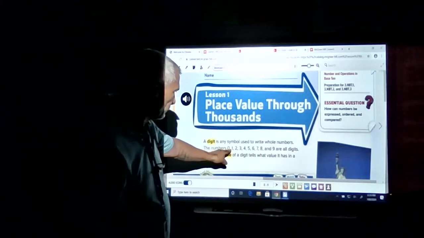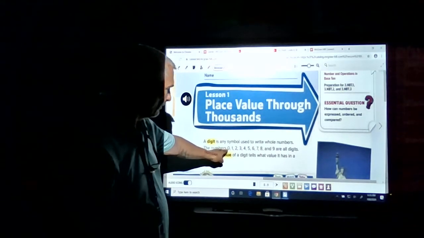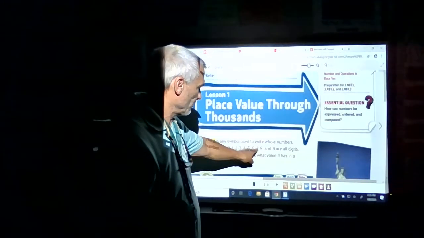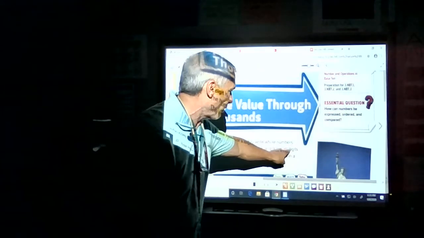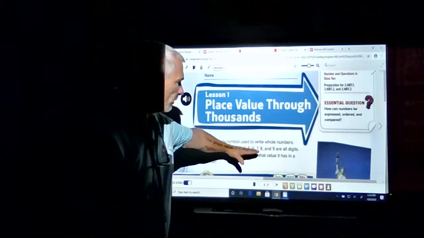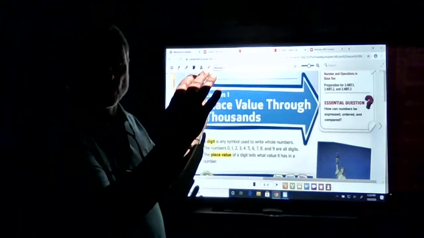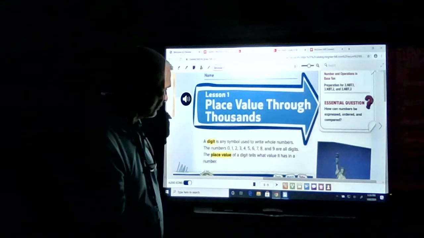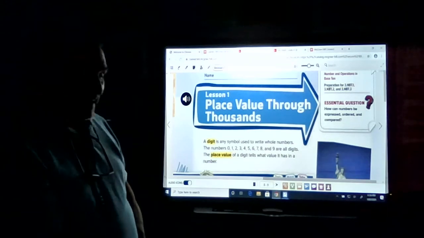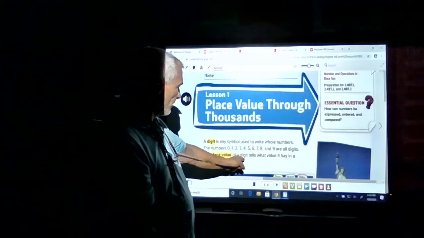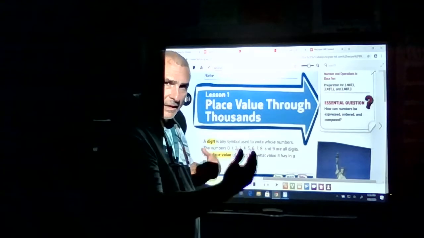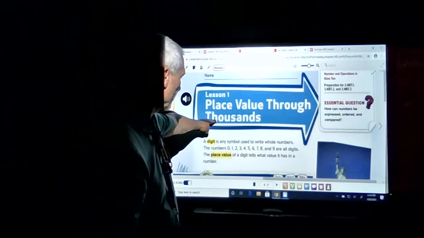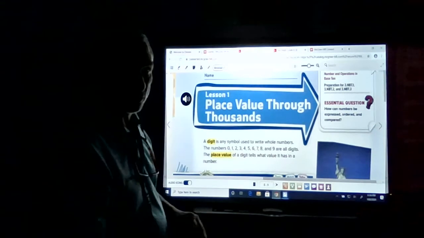But here's the digits. You learn this in kindergarten or maybe even in preschool. 0, 1, 2, 3, 4, 5, 6, 7, 8, and 9. That's all the digits. And with all those digits, we can make really big numbers, all the rest of them. To make 10, we would use the 1 and the 0. To make 37, we would use the digit 3 and the digit 7, and we get a bigger number. So we can keep on going all the way to the thousands and even past that too,